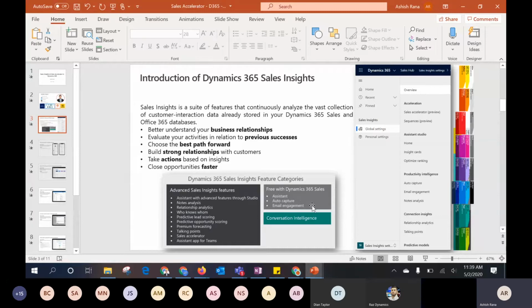So you can start with that, but if you want to go for more analysis, like relationship insights, node analysis, predictive scoring, and forecasting and all these things, you can go for another version. But as I mentioned, a couple of years back, Microsoft's Sales Insights was a separate product. It's out of CRM, but